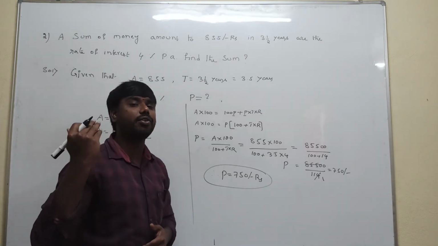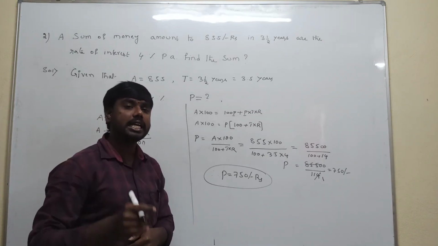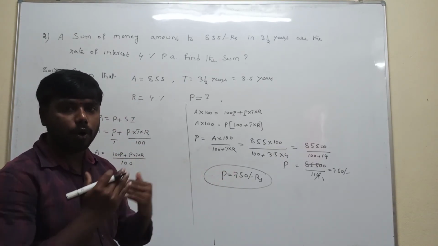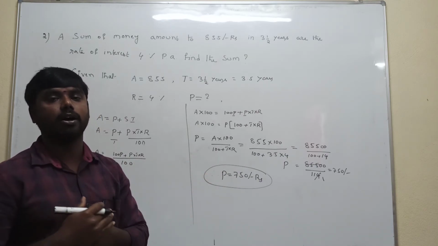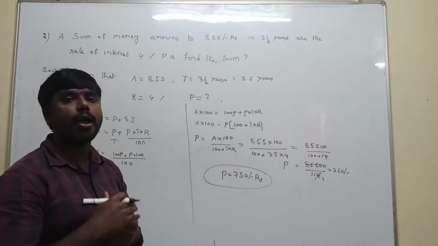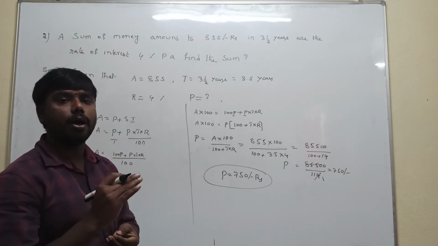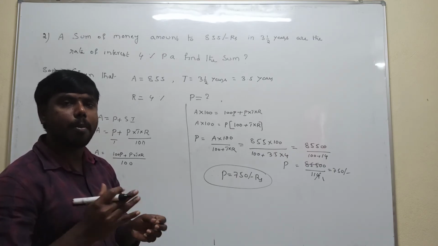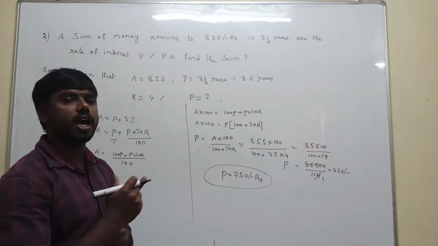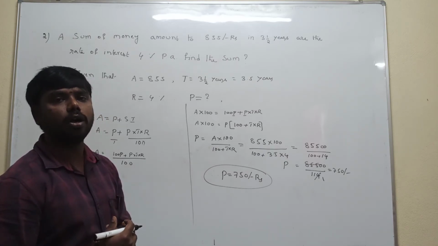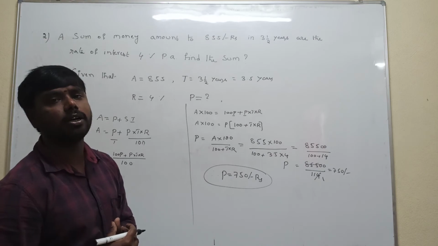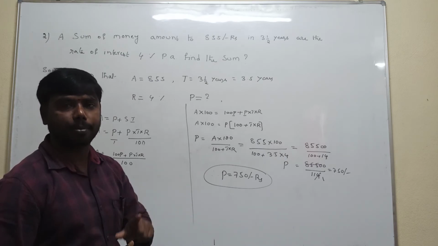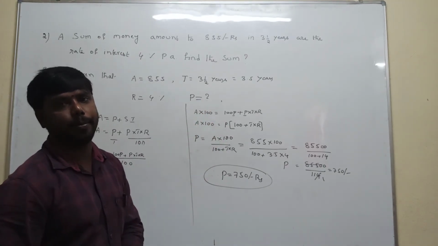Which value do you have to calculate? What is the definition of principal? It is the sum of money deposited, borrowed, or lent, the sum of money taken as a loan from the bank. A sum of money deposited, a sum of loan, a sum lent, a sum borrowed, this type is called principal. That's why we need to calculate the sum of money, which is the principal amount. Principal is given by capital P. That's why we need to calculate capital P.